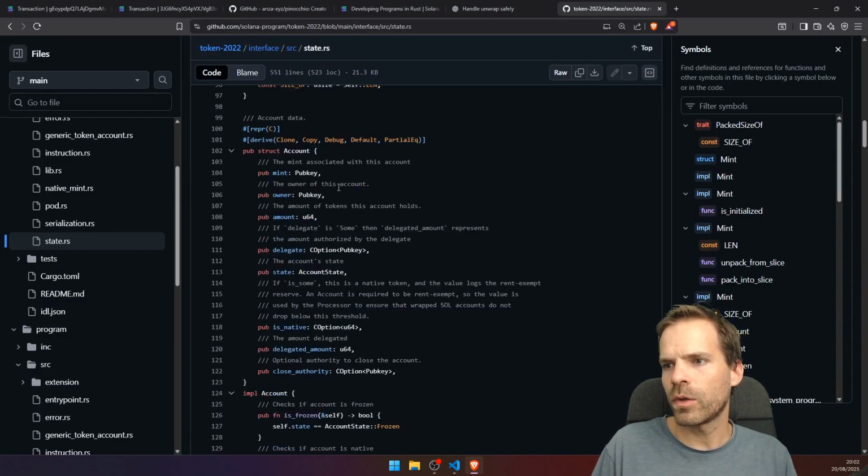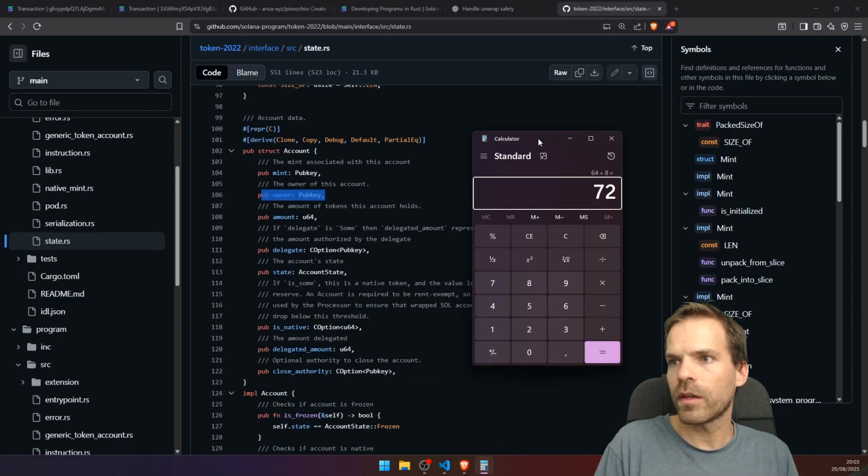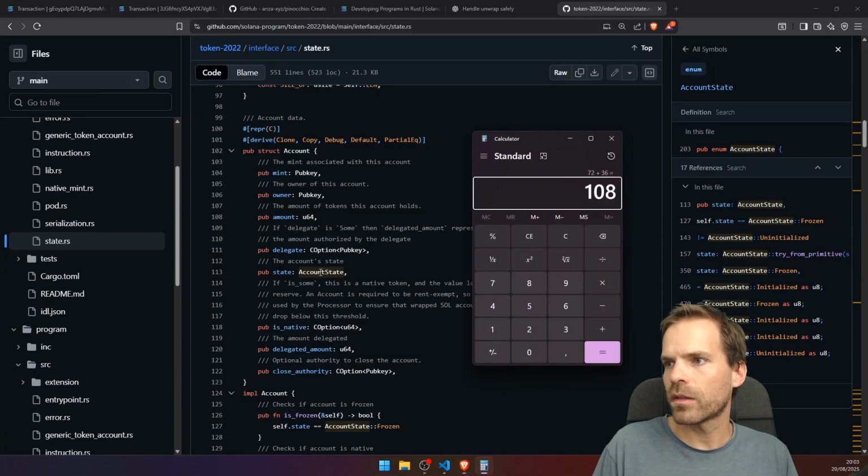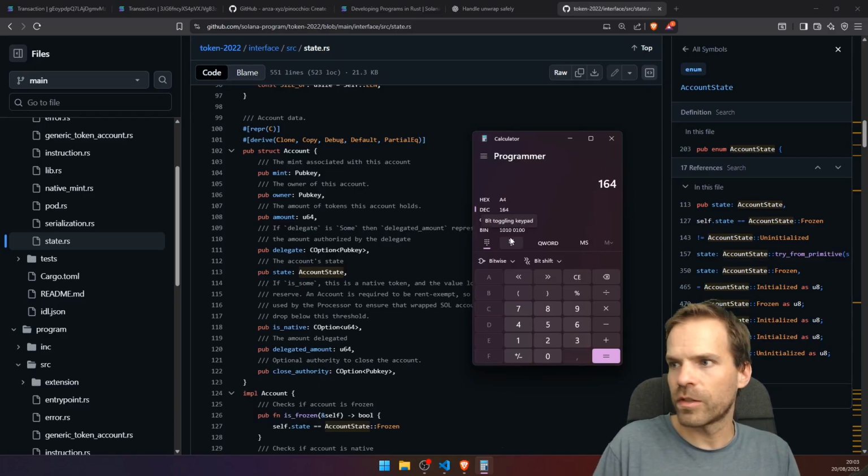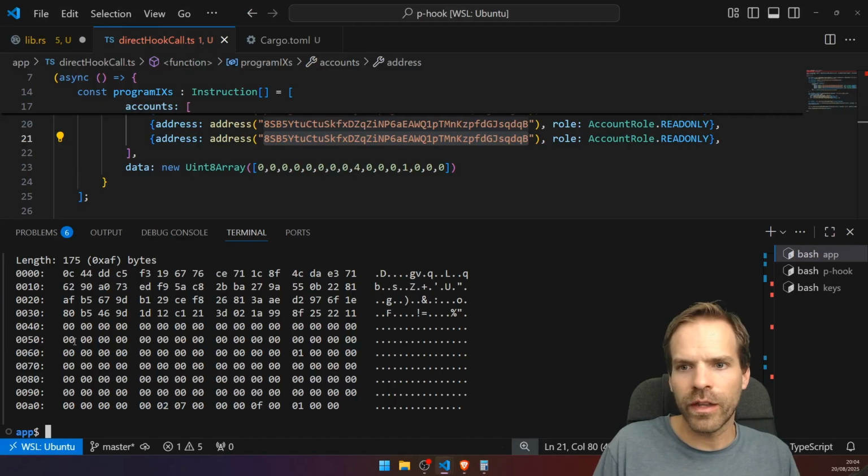Mint and the account... We have 32, 64 plus 8 plus 36. What's account state? That is just 1 byte plus 1 plus 4 plus 8 is 12 for the C option, plus another 8 plus another 36 for this C option pub key is 164. Would that make sense? 164 in hex is A4. And if we look at that account,